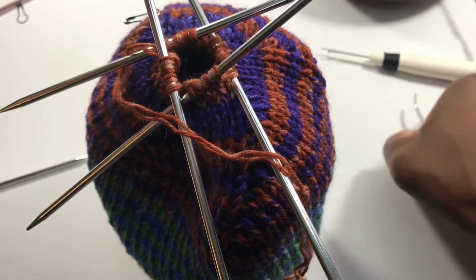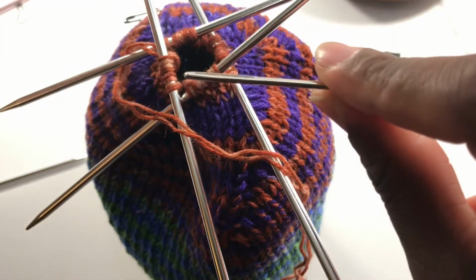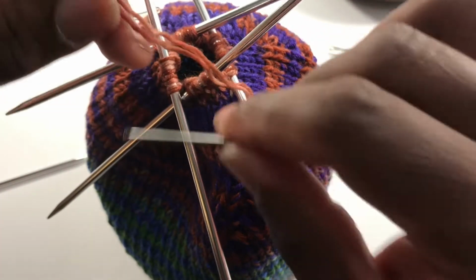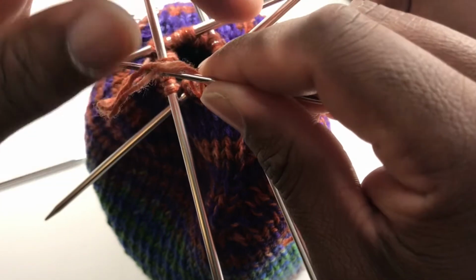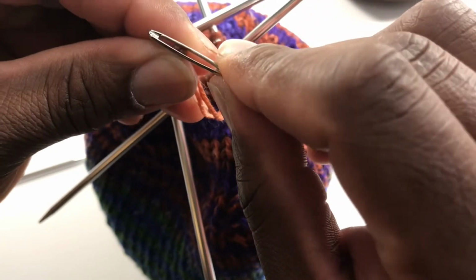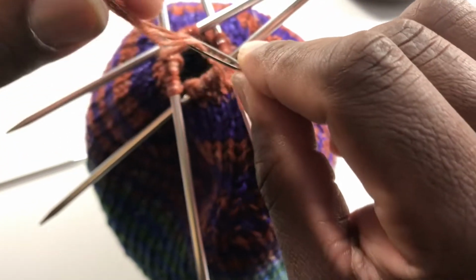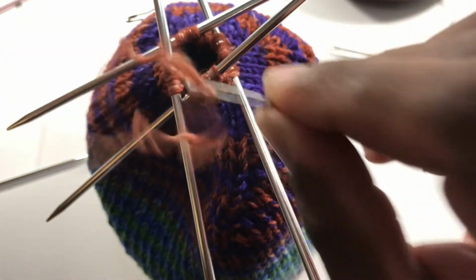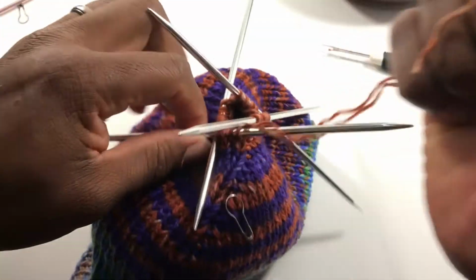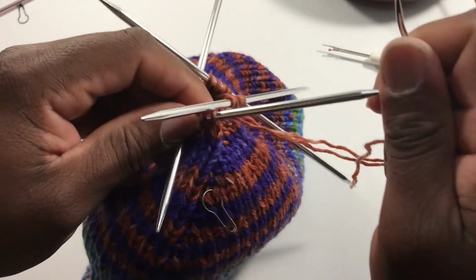Now, we're going to use our nice little tapestry needle. I got a big old eye. I like big eyes because I don't like having to fiddle with this thing. So I'm just going to wrap her through both strands. That's what we've been dealing with all this time. Okay, get everything through. And now we're just going to thread every single one of these 16 loops